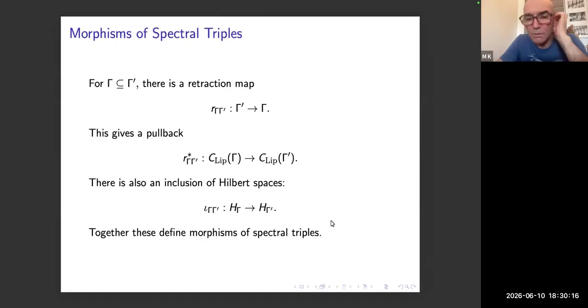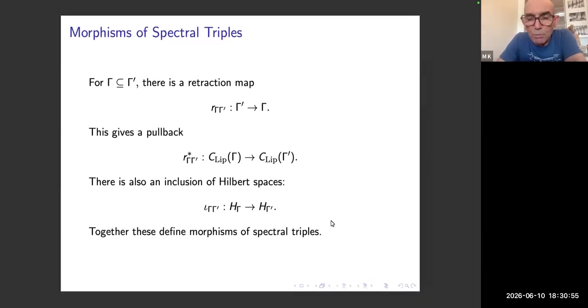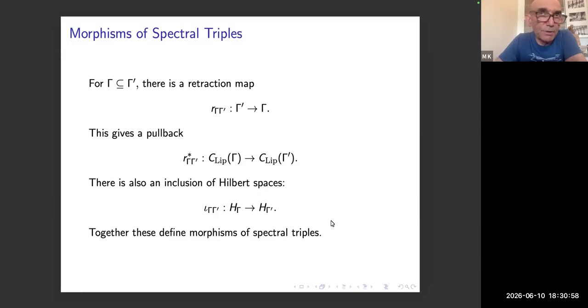So then you play the game as I said. You have these inverse systems of retraction maps from bigger R3 to smaller R3, and that gives you a morphism of spectral triples. You get a direct system of spectral triples, and you can take the limit. There are some conditions under which direct limits of spectral triples define again a spectral triple. And in this case, you do get a spectral triple. It is commutative because the algebra is commutative, but